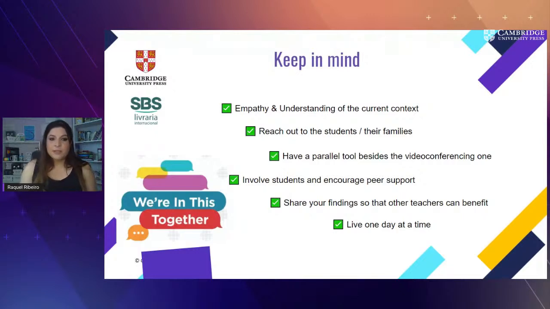So empathy is so important with each other. We don't have a cake recipe. And you know what? It's amazing that we don't, because we are humans. We are not robots. We're not perfect. Understand the context. Reach out to the students and families.